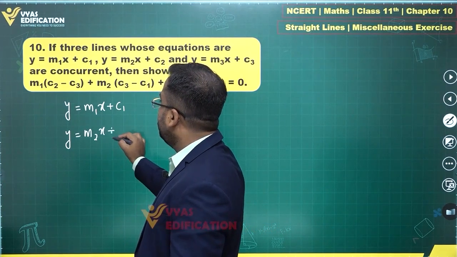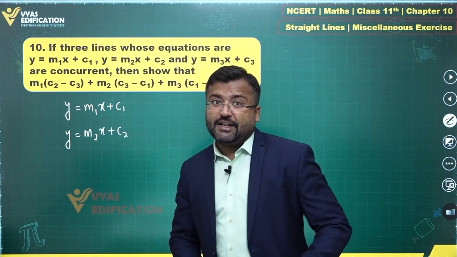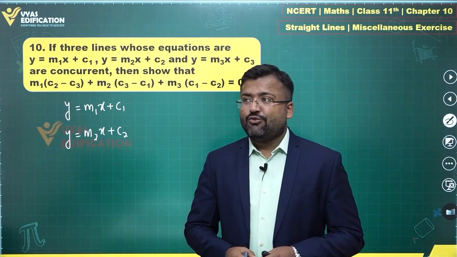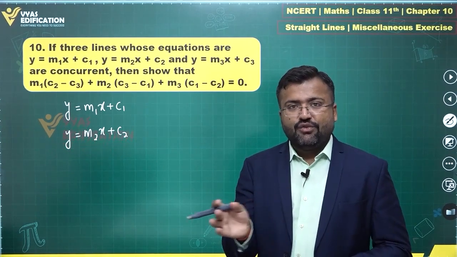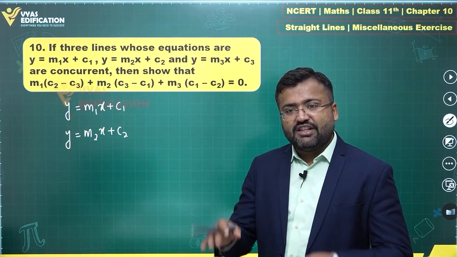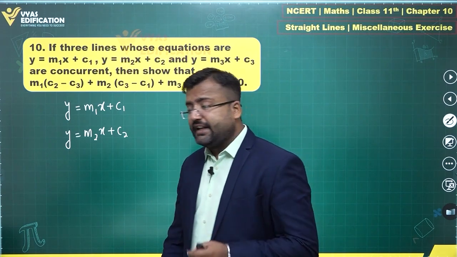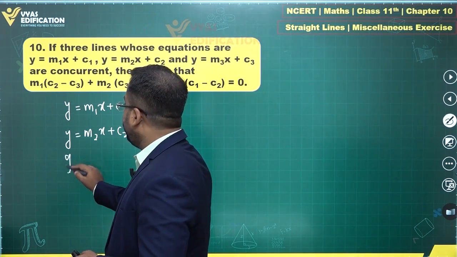Although for those students who are aware of something called determinants, you will be able to solve this question more directly. What you can do is simply write the coefficients a1, b1, c1, a2, b2, c2, a3, b3, c3, create a 3 by 3 determinant and equate it to 0. You will get that condition directly. But here